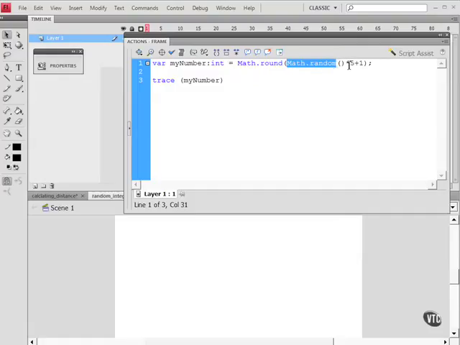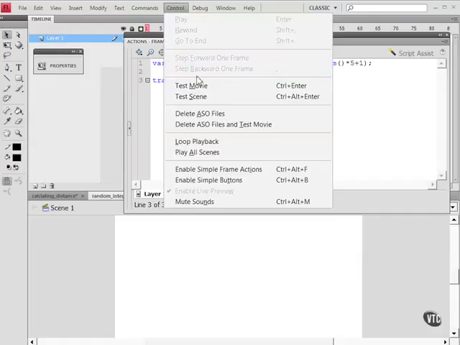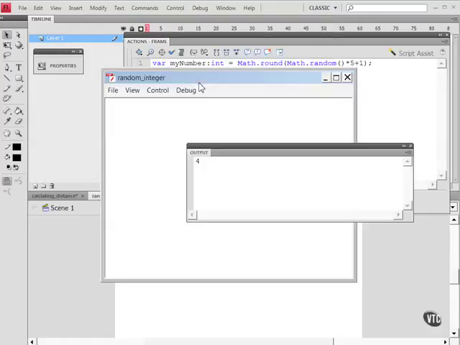In this case, I'm multiplying the number generated by 5 and then adding 1. To generate an integer, you'll use the Math.round function right here. We've seen that before. That will round off any decimal places. I'm going to go ahead and trace this variable, myNumber, in the output panel. Go ahead and click on Control, Test Movie, and you'll get a random number